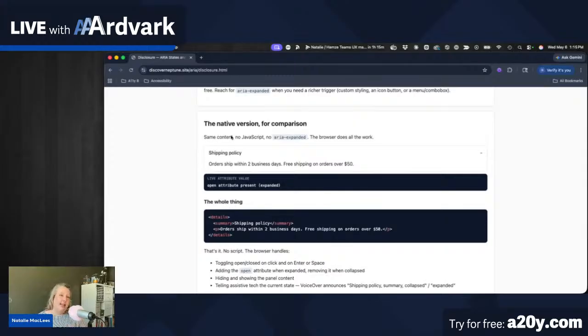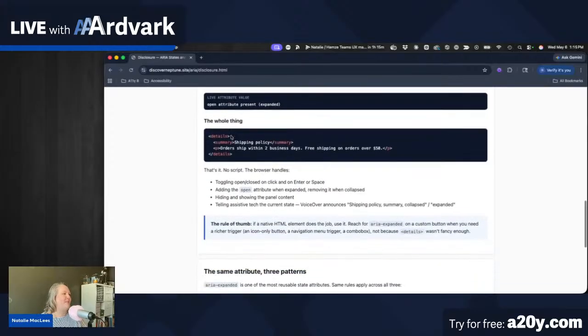So these native semantic HTML elements give us a lot of accessibility for free, and we don't have to mess around with writing extra JavaScript to make this work. That is a native HTML element that automatically communicates its open or closed state. It automatically hides and shows the panel content without me having to write JavaScript for it. So it's very handy,